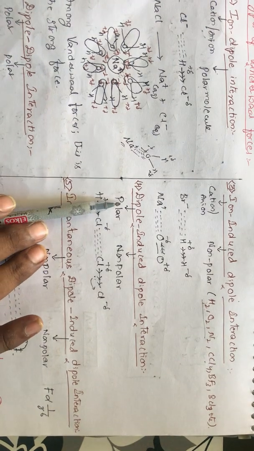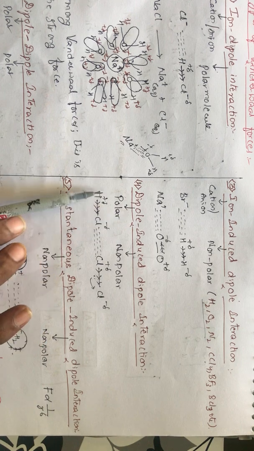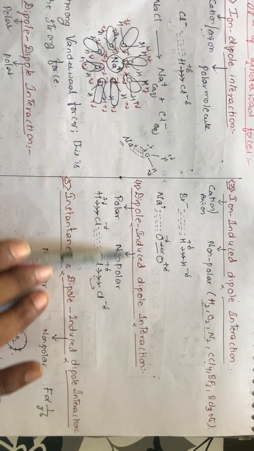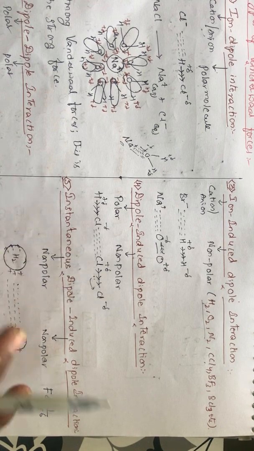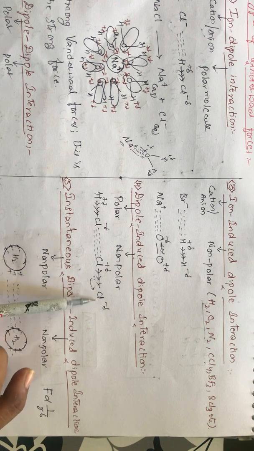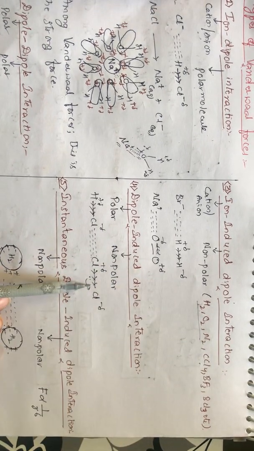Now students, the next content is dipole induced dipole interaction. Dipole means you will be having two poles, right? That should be present in the polar molecule. Induced dipole means that the molecule doesn't have any poles, but we are trying to induce them, introducing them into that molecule. If you take Cl2, does it have any charge? It will be like N2 and O2 only. It will not be having any charge, so it is non-polar.